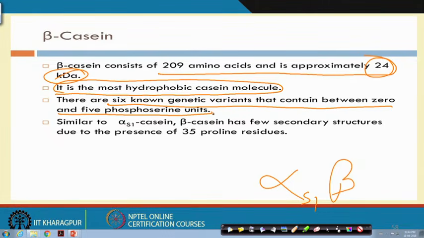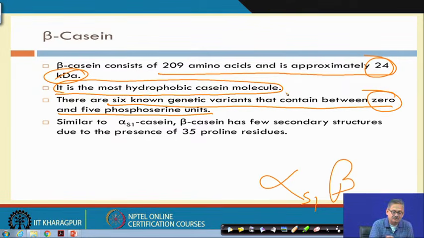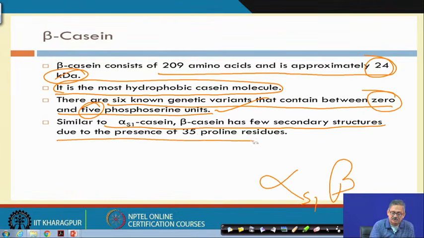Alpha S1 was 17, alpha S2 was between 10 to 13, and this one has around 5 or 6 phosphoserine units. Similar to alpha S1 casein, beta casein has few secondary structures due to the presence of